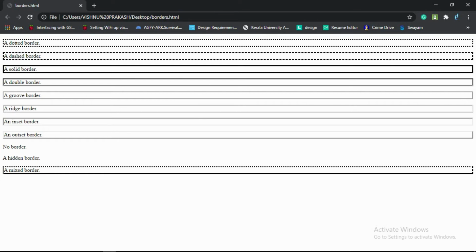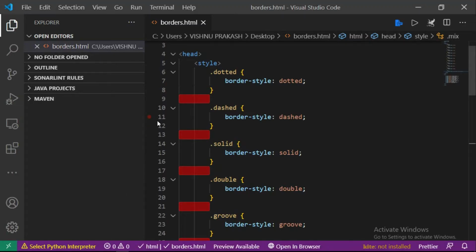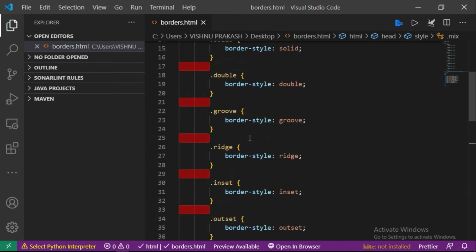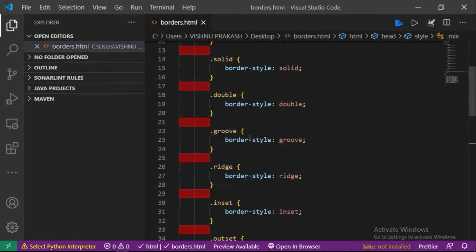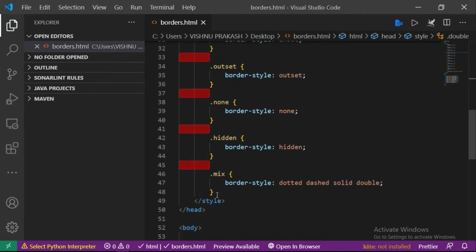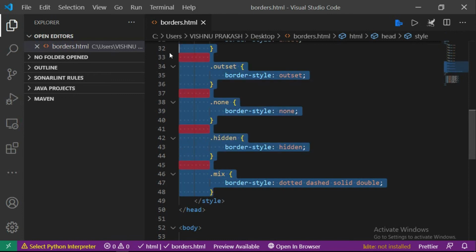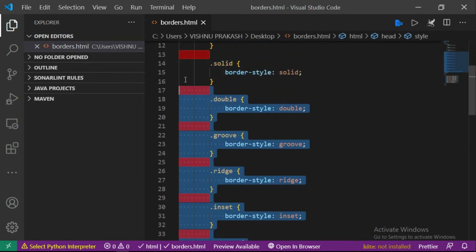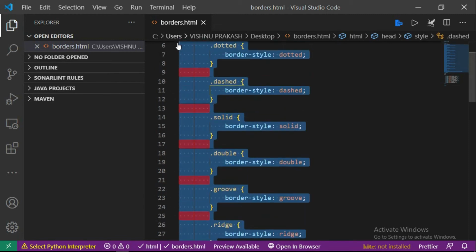Next we'll go back and give some different properties. The properties will be the same for everything, so to reduce that, I'm going to delete the other unwanted things and concentrate on just one border. We'll clear these things so that we can go and make some other stylish one.